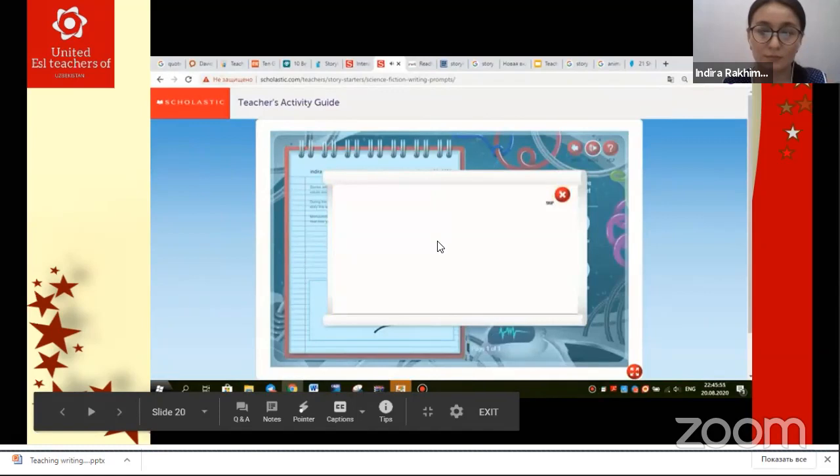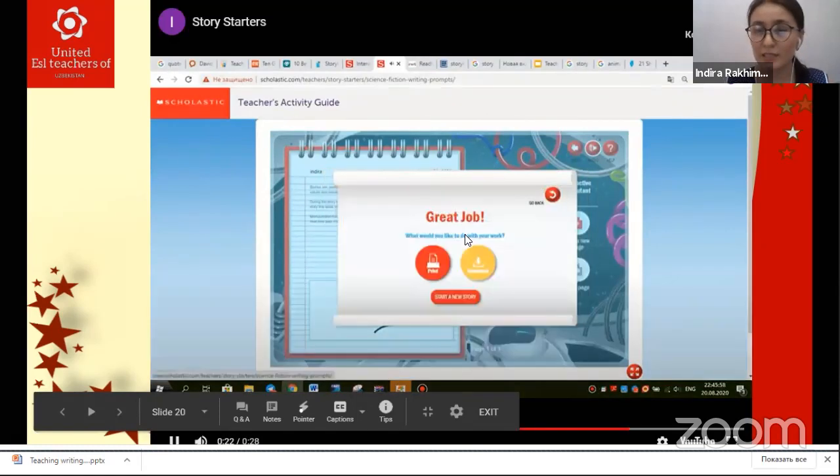As you can see, their writing will appear like this with animations, and each type of writing will change its animations. I think this kind of animation will attract our learners' attention, and they may get involved in writing classes a lot. We can make boring writing classes more appealing and attractive to our learners.